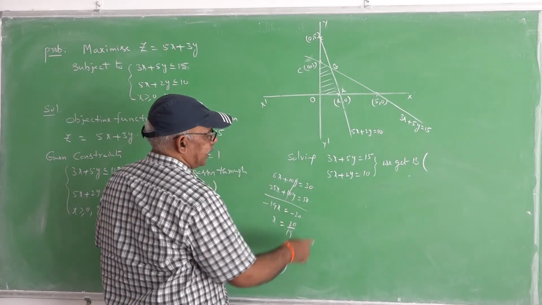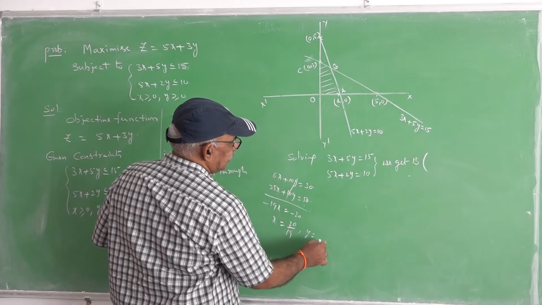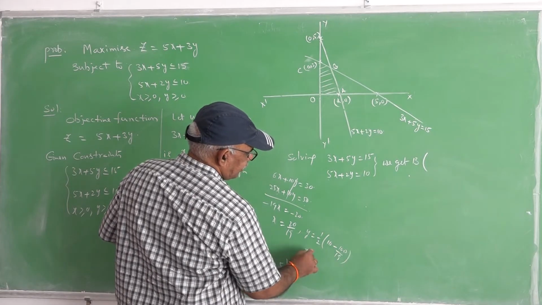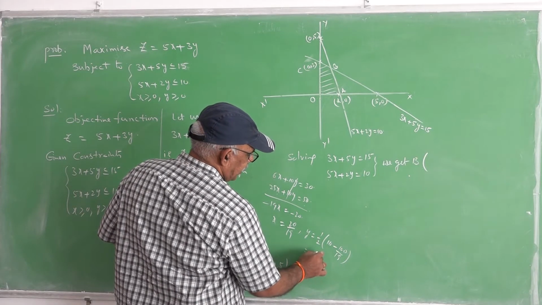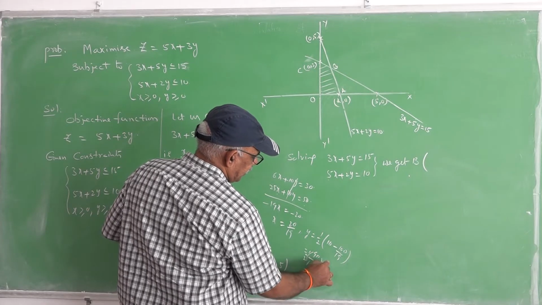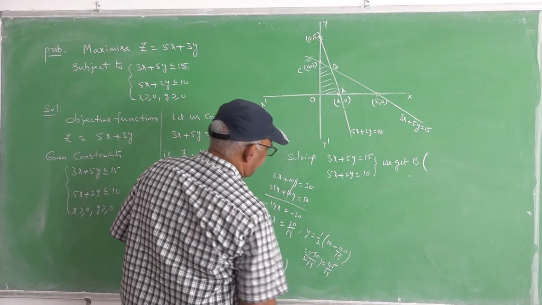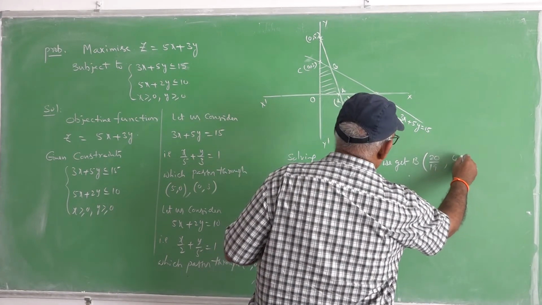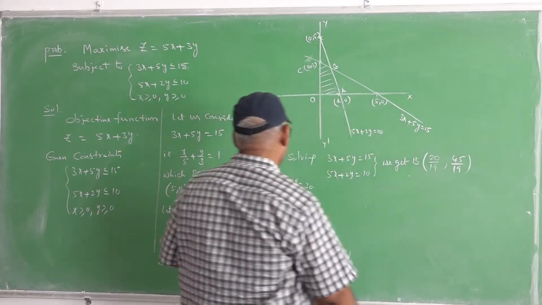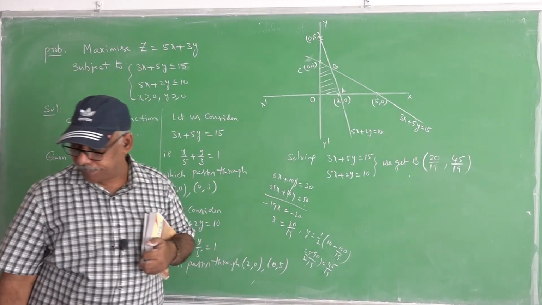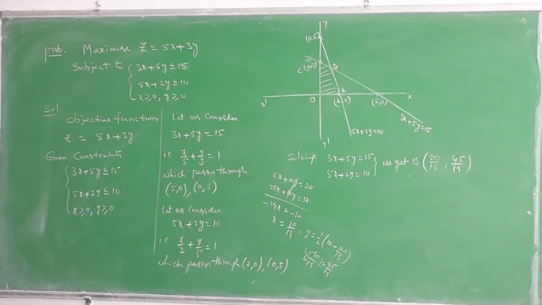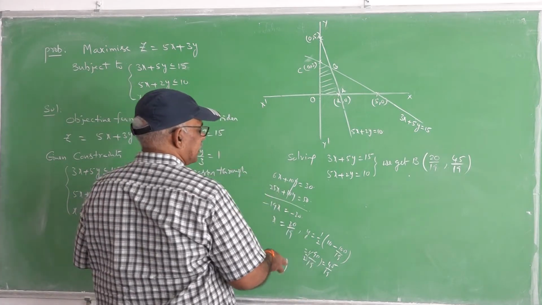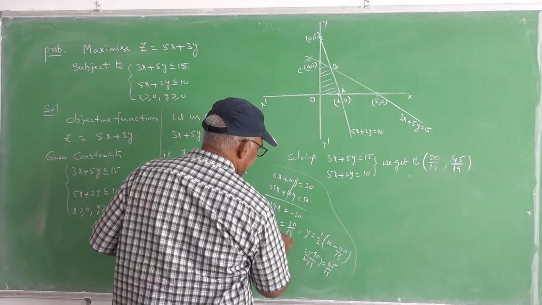So, taking x equal to 20 by 19 in this one, y equal to 1 by 2 into 10 minus 100 by 19. So, 90 by 19 into 1 by 2, that is 45 by 19. So, x takes the value 20 by 19, y takes the value 45 by 19. By solving the two lines, the point of intersection is nothing but here B. So, you can show this solution.